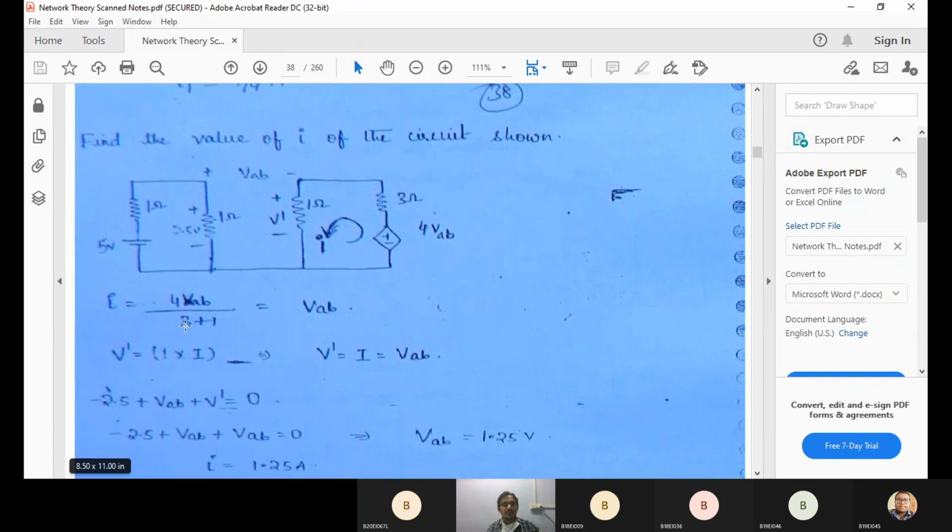So similarly here also we can apply the loop analysis. The first loop equation is minus, let's consider this as I1 and this is another current. So apply the loop equation minus 5 into 1 plus I plus this voltage itself is mentioned. Then why we need to go for I into that one and all these things, plus 2.5 is equal to 0. Then we can get this current. So similarly that value we can apply here because this is